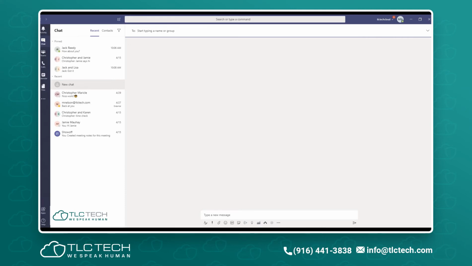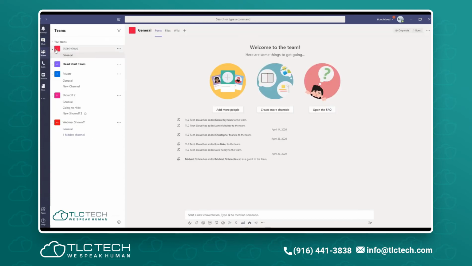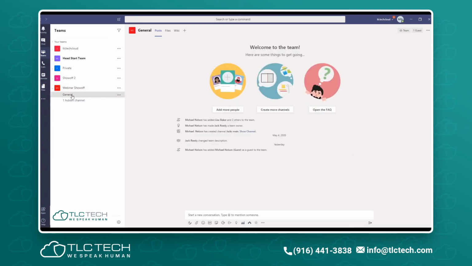Okay, so we've talked about individual chatting, group chatting. All of these chats are private to whom you're having the conversation with. Now I'm going to flip over to the Teams area. Now we've got some pre-created teams in here, and I'm just closing them up so that you can see. These are the teams that have been created. It's easy to create a team. We're going to show you how to do that in a second. But within the team, for example, this webinar show off, I have a channel. Think about this like a,